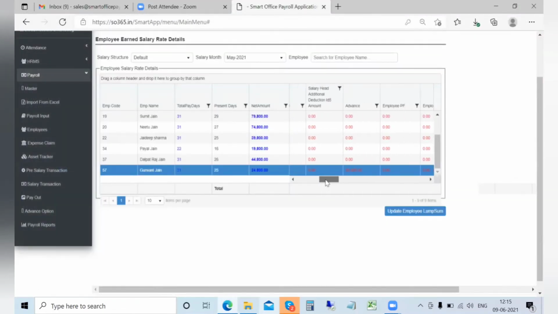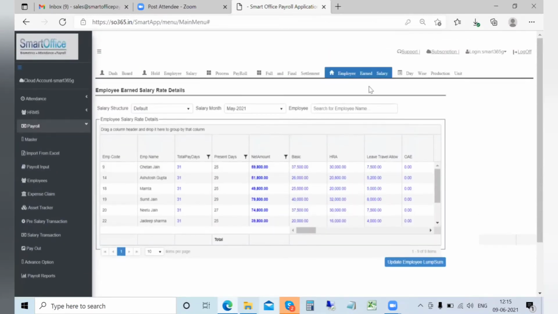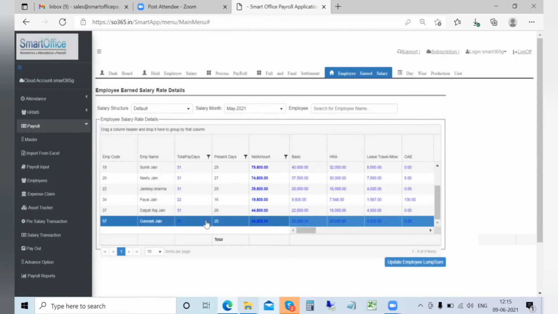Post which you can always see the details here, as well as what are the earnings and deductions. So this is what is available in terms of the window where you can check. This report will also be available in Excel, but if you want to check it for specific employees, you can always go back and check here.